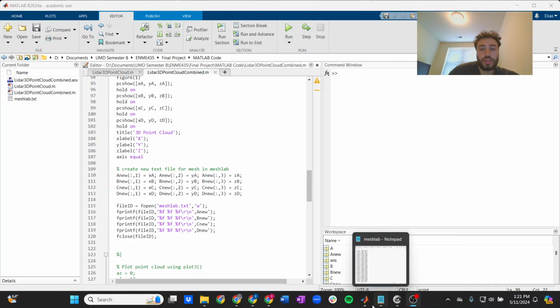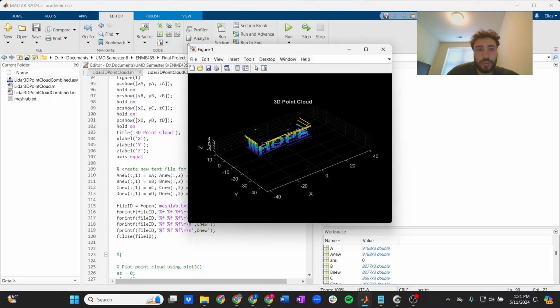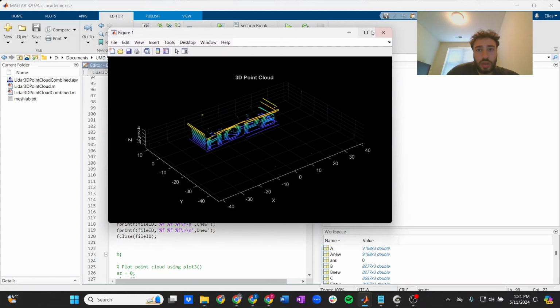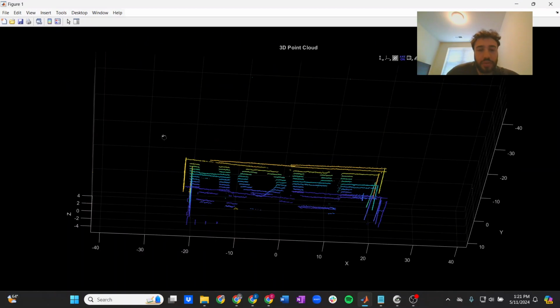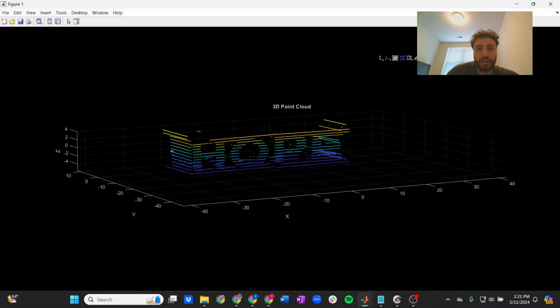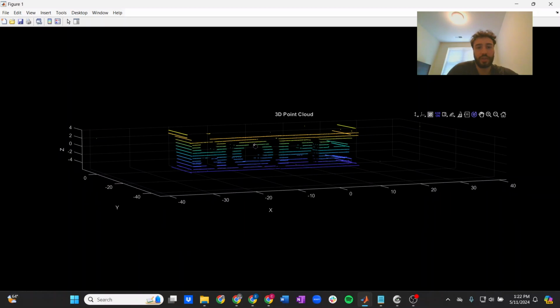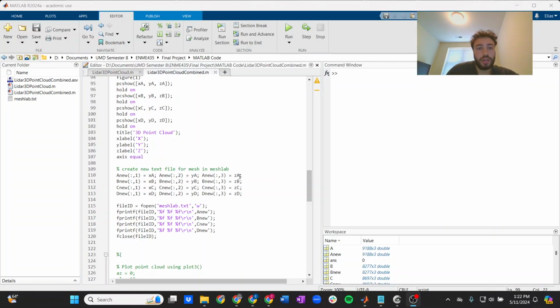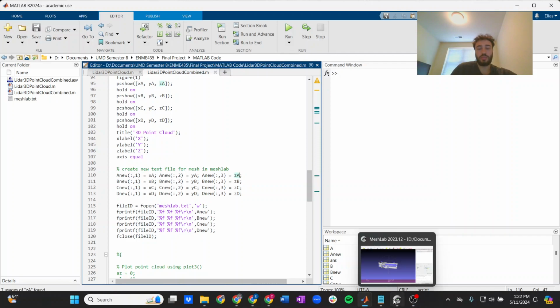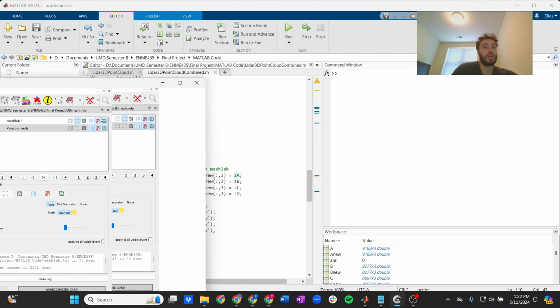After running this code, I got a pretty good 3D point cloud here. As you can see, everything's really defined. You can see the letters of hope spelled out pretty well and the definition of the upper shelf of the bench. So in MeshLab, our